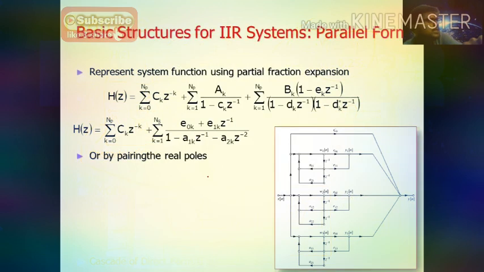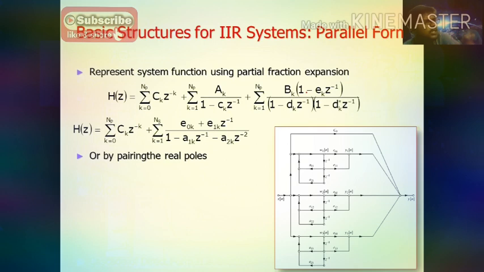The last, fourth form is the parallel form structure. In the parallel form, let's see how to represent the system using the partial fraction expression. Previously, we just split it up into two sub-transfer functions, the ratio of the output of the system to the input of the system. Assign some dummy output variable for your system.